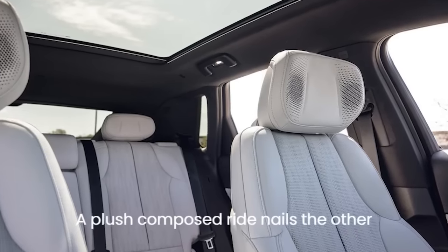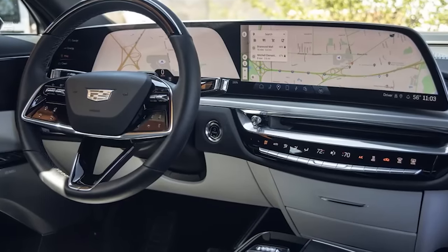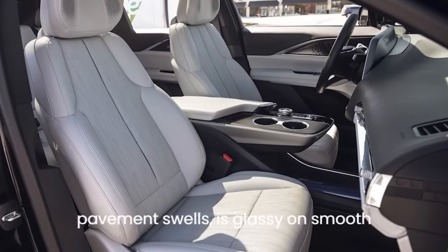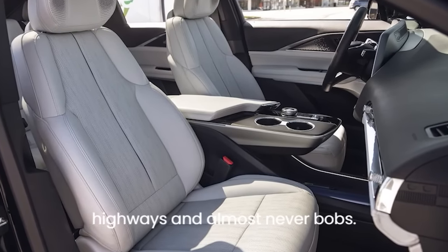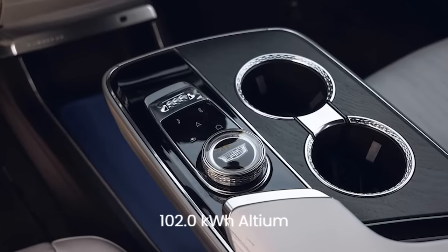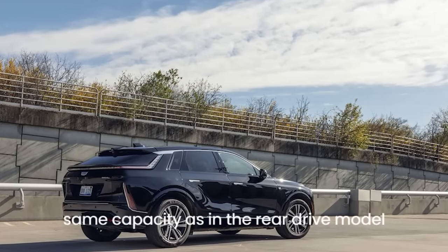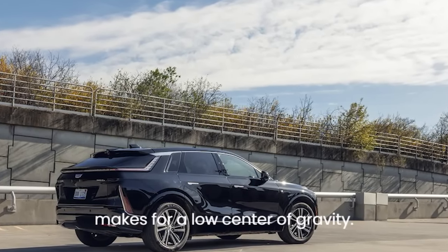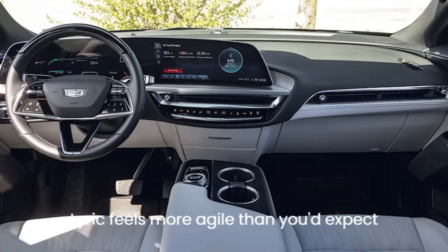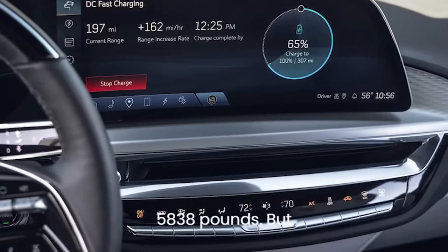A plush, composed ride nails the other signature Cadillac personality trait. The multi-link suspension glides over big pavement swells, is glassy on smooth highways, and almost never bobs. The pancake-style 102.0 kWh Ultium battery bolted to the Lyriq's belly, the same capacity as in the rear-drive model, makes for a low center of gravity. That's likely part of the reason the Lyriq feels more agile than you'd expect for a vehicle weighing 5,838 pounds,